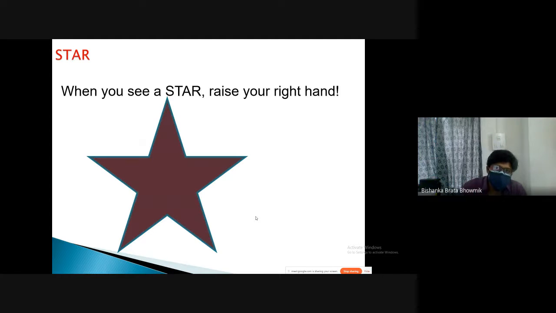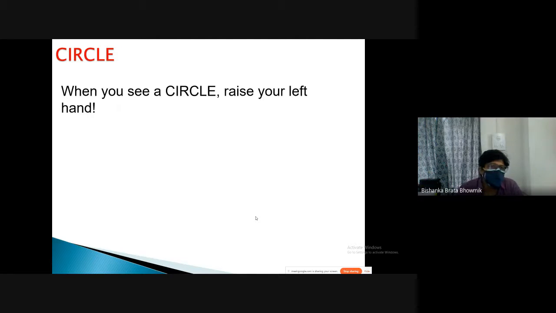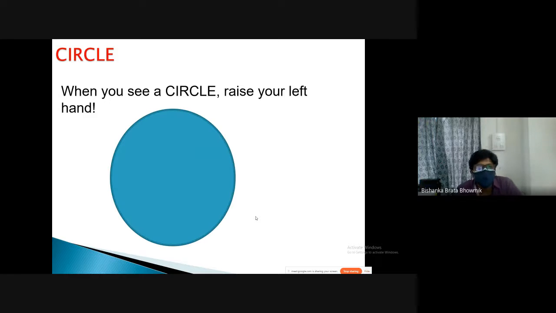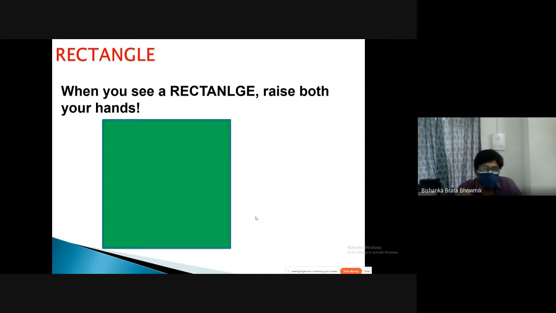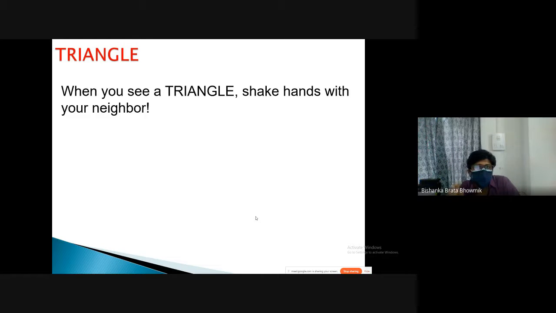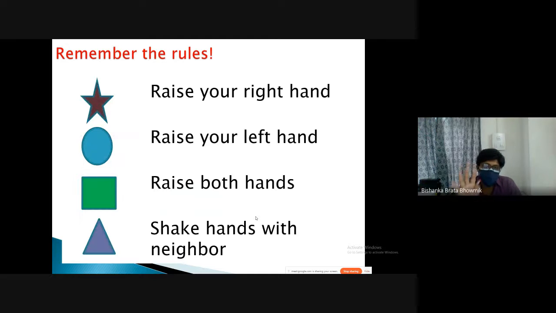So we can give them a little bit of an idea that if you see the star, then they will raise their right hand, right? For star, they will raise the right hand. And for circle, they'll raise their left hand. For rectangle, they will raise both of their hands. For triangle, they will shake hands with their neighbors. Okay. Now let them remember the rules. You know the rules. Then